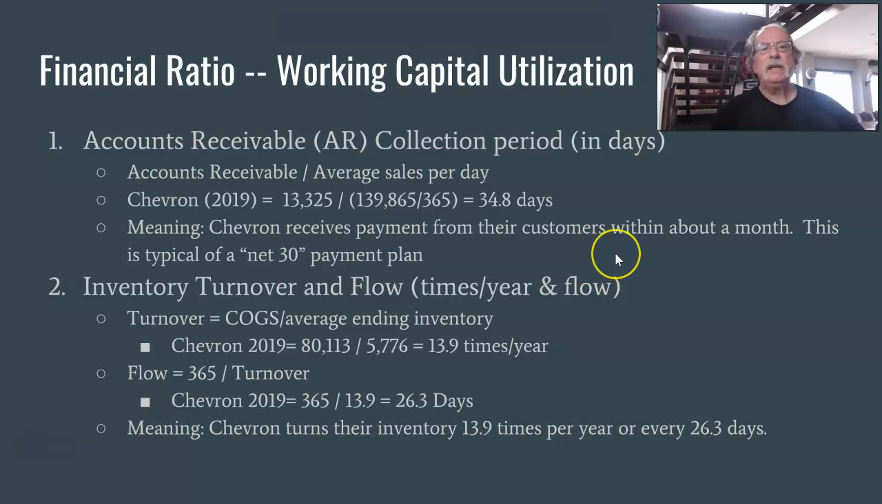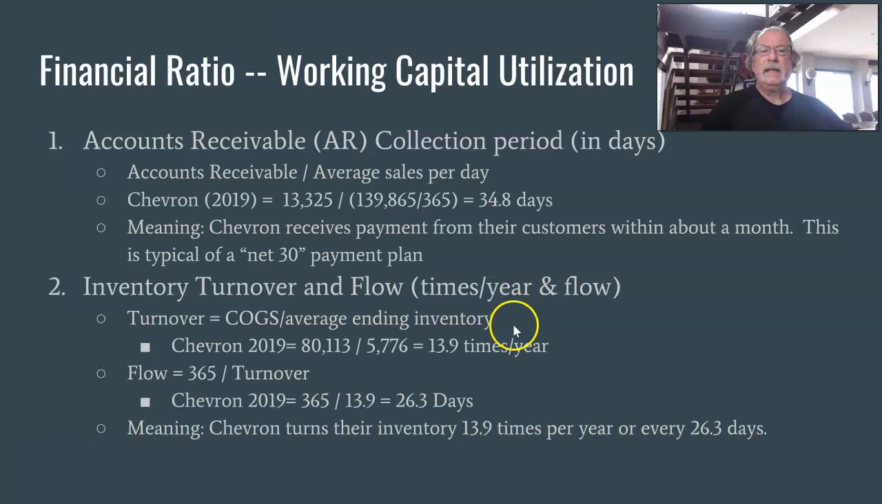And typically, a company would have a net 30 payment plan. So you sell something and the payment terms are you pay everything within 30 days, kind of like how our utility bills work. Now I don't use accounts receivable that much right now, but inventory turnover and flow I use a lot in